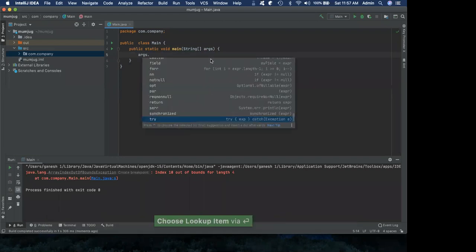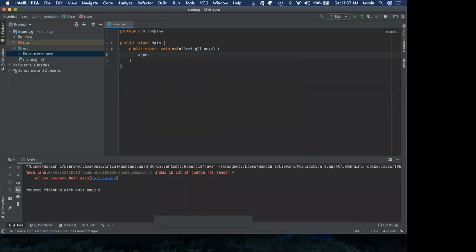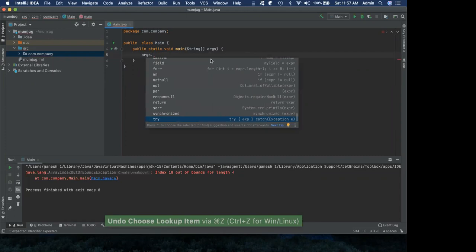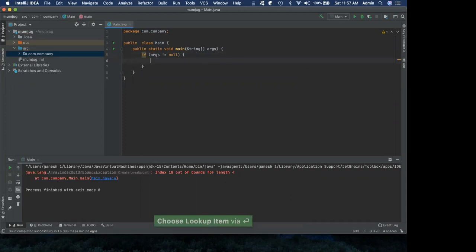For example, args dot, the first one is try, and we can do synchronized, not null check before accessing it, right? Let's say for each, right? I can get a for each loop from the postfix template, right? From the variable, I can write the code. That is the difference, right? Instead of typing the code from for I equal to something, we are driving the code from the variable name, which is how we think about programming. So this is quite powerful. So if you want to check for not null, you can say not null, right? And you can do the code here.